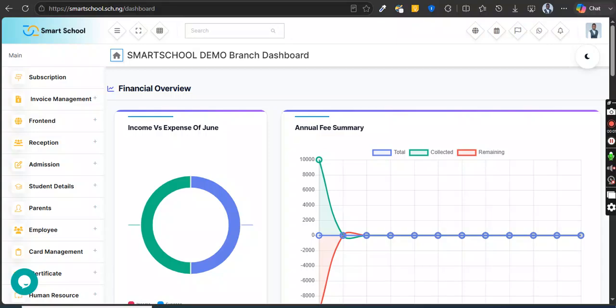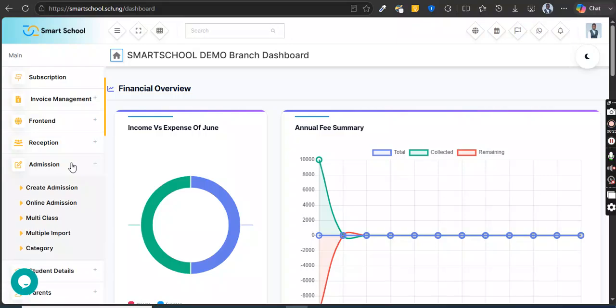You can assign entrance examination to students that have applied for admission, either when you enabled the entrance exam, or you have not enabled them but they have already registered in your online admission portal. All right, to set that up, you log in as admin, then you go over to admission, then